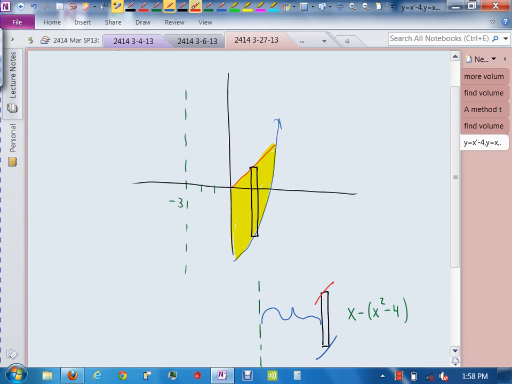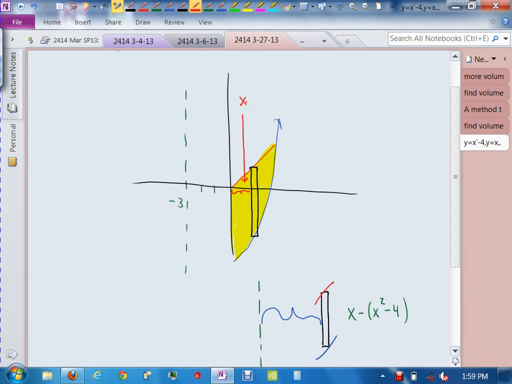Exactly. I'm going to try and get an arrow in here to see it. That distance right there, from here to there, just that is x, isn't it? That little piece from the origin to my rectangle is x. But I want to rotate from here to the rectangle, which would be how far? 3 plus x. And the fact that it's negative doesn't matter because it's a radius, isn't it? It's a distance. So instead of my formula being 2 pi x upper minus lower dx, it's going to be